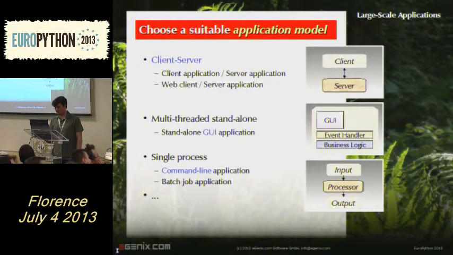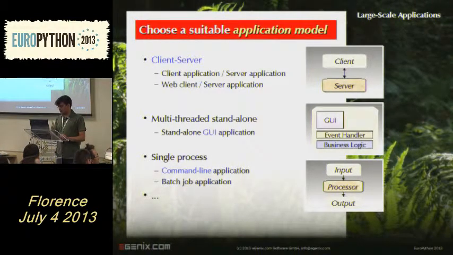What's an application model? An application model basically defines how you set up your whole application. So let's say you have a trading system again. You can do the trading system as a GUI application that you install on a trader desk. And if you try that, you'll find out that in a bank it's very, very difficult to get an application installed on a trader desk. So you might think, it's not a good idea. I'll use the stuff that's already on the trader desk and then just write an application that works like that. So I'm going to use a client-server application. So basically I have a server and use the web browser as my client machine.